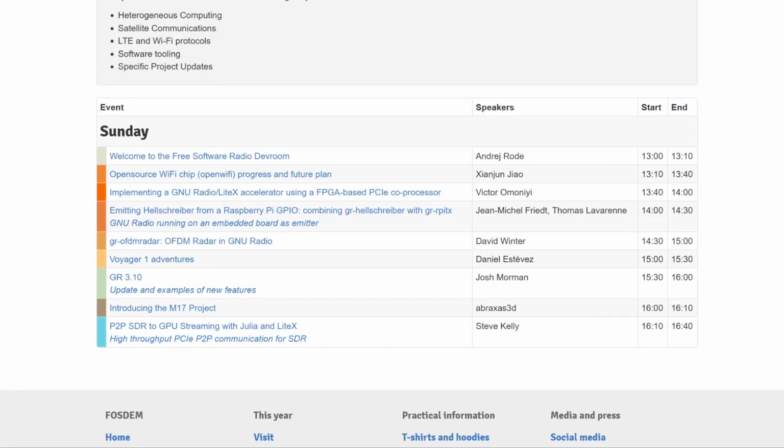The lineup is up and available and includes discussions by some regular names, repeat presenters, as well as several first-time presenters, looking at FPGA acceleration, an update on the Open Wi-Fi project, demodulating Voyager 1's signals, including follow-along datasets, updates to radar systems available within GNU Radio, introductions to the M17 Digital Voice project, and DMA, direct memory access data streaming from FPGAs to GPUs using Julia